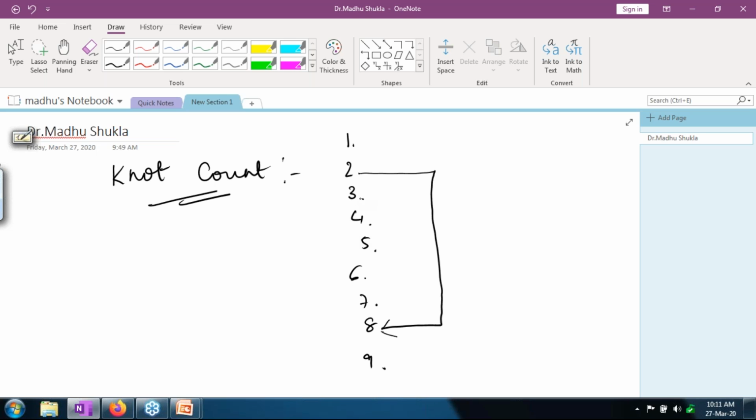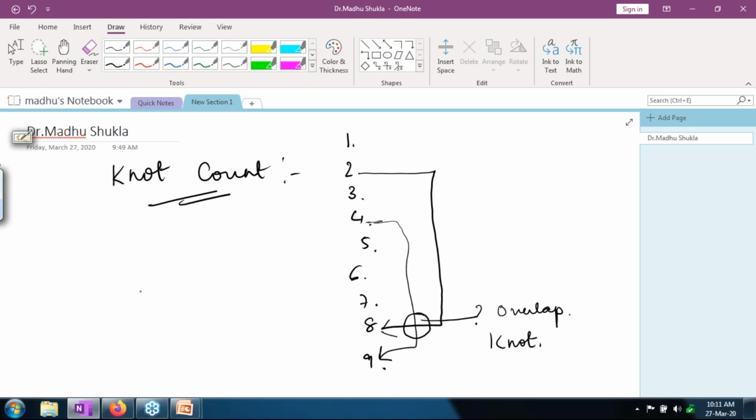Again, let us have some overlapping from the fourth statement. I directly go to statement number 9. Are both the jump statements overlapping here? Yes, you can see overlapping. So when I am writing code, inspecting the code like this, I can see there is an overlap. This overlap is known as a knot.